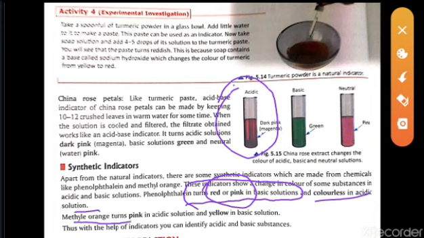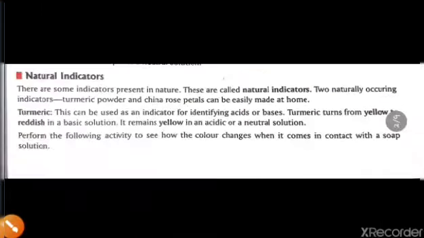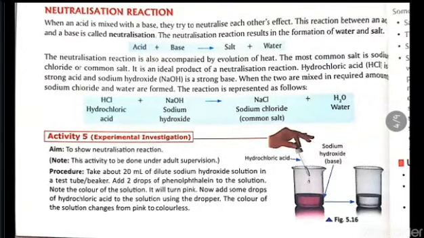Methyl orange turns pink in an acidic solution and yellow in a basic solution. So you have seen the natural and the synthetic indicators here. Next thing